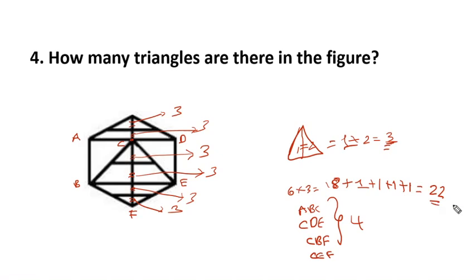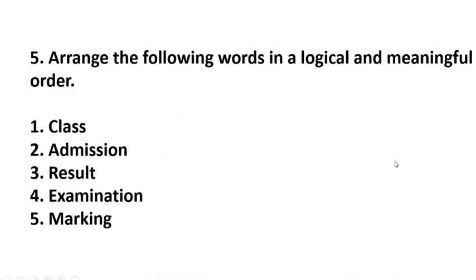Okay, let's go for the next question. This question comes from logical formation of words. Here we need to find a meaningful sequence. Here: class, admission, result, examination, marking. We need to arrange them in increasing or decreasing order according to the sequence. First we will be admitted in a particular college, school or institution. So first is admission,